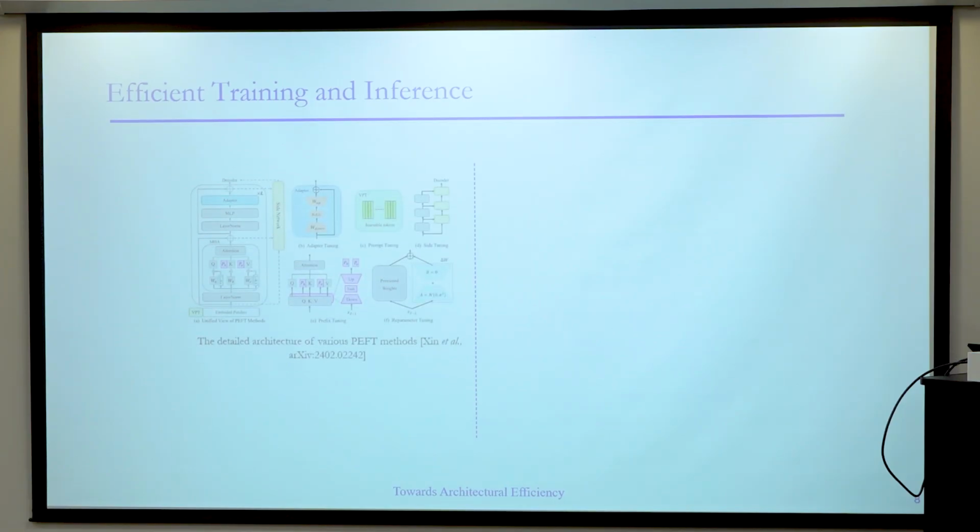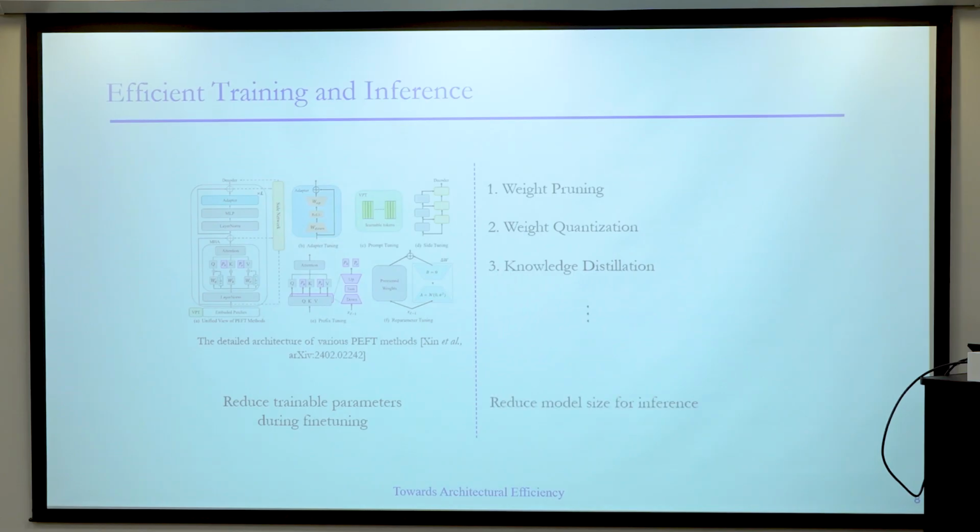So to reduce the cost of large language models, we have two directions. One direction is to reduce the training cost at tuning time. There are methods like parameter efficient fine tuning, where they try to reduce the number of trainable parameters in the model so that the training cost can be largely reduced in terms of memory cost. And we also have other techniques like weight pruning, weight quantization, knowledge distillation, or other techniques to reduce the model